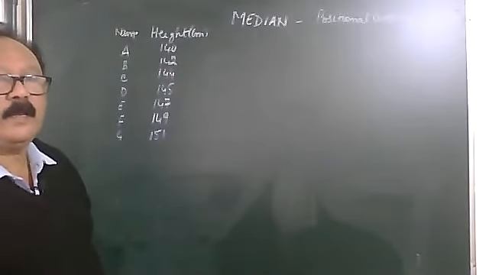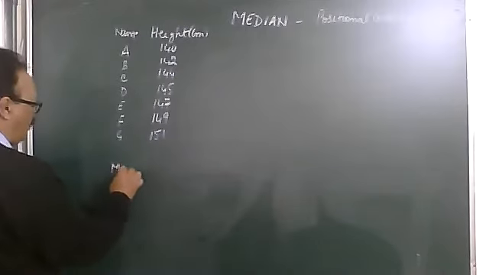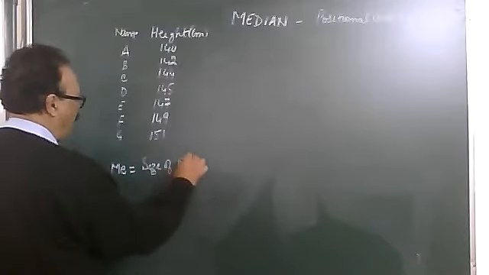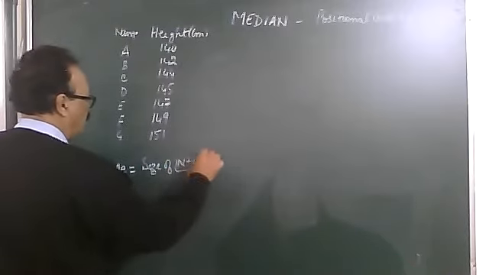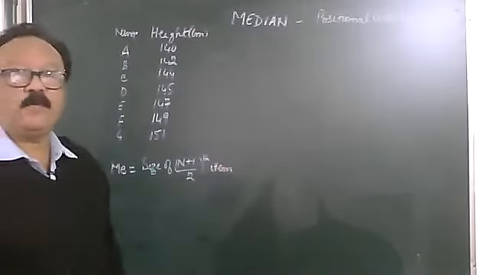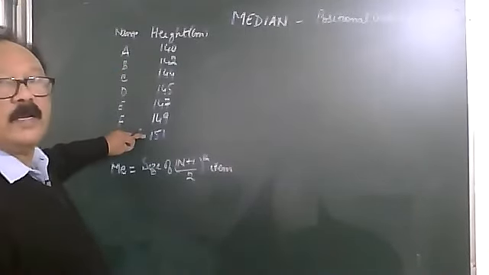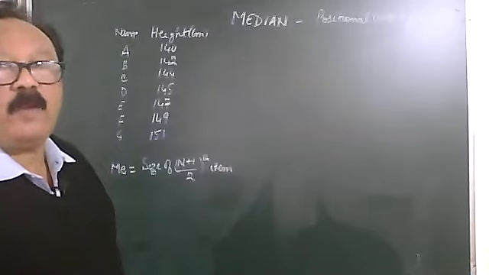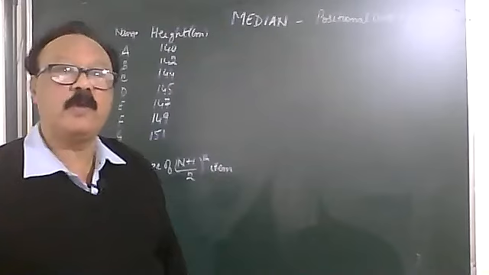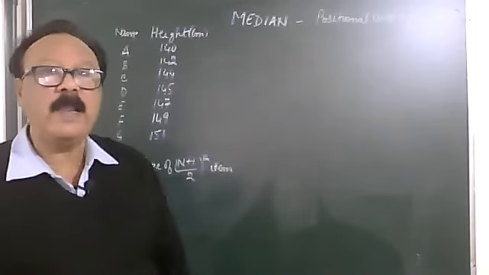Find out the median. In an individual series, median first and foremost is written as ME. ME is equal to the size of (n plus 1) upon 2 item. Because it is a position, first of all we see whether the values are in an ascending order or in a descending order. Some order should be there. And for our own good, it is good to keep one order throughout the series, wherever we are going to do. So let us agree that we will always place the values in an ascending order.